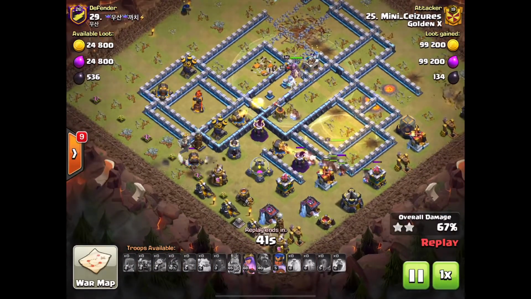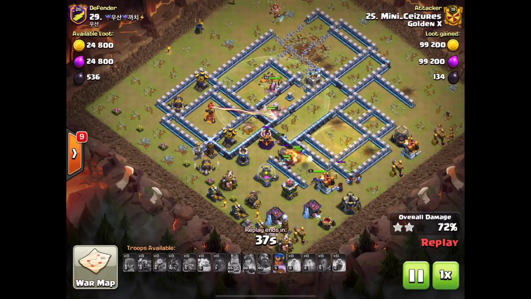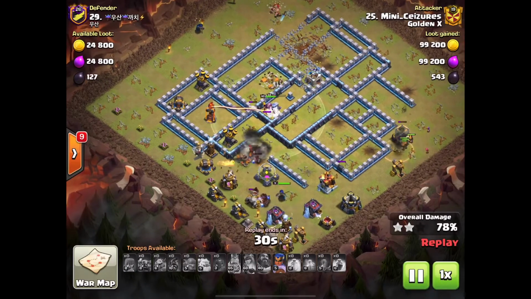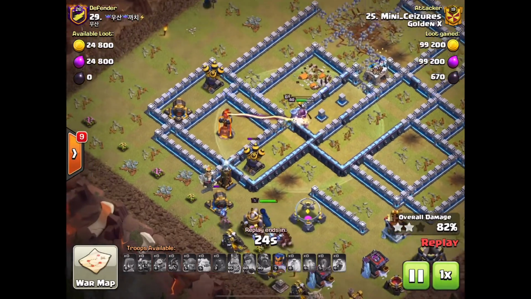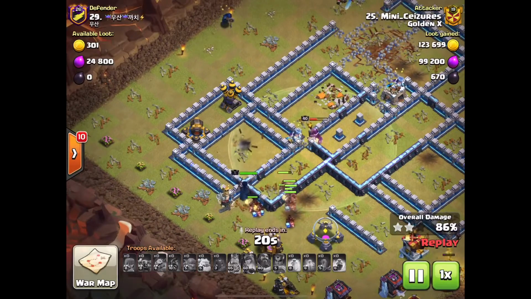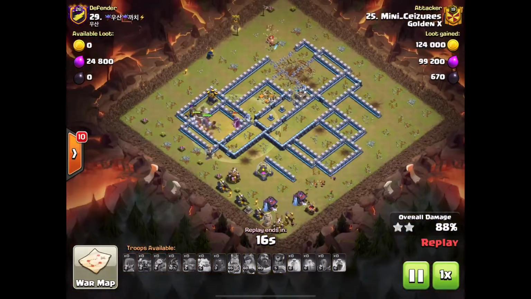And once he gets through that section of the base, he does have a backside Inferno Tower to worry about here. But this Warden is actually going to, well, it's still going to be stuck on the Queen, but I think it's going to join up with these Hog Riders once they come back over here. Let's go ahead and see. The Warden's actually picking off the Inferno. He used the Royal Champion's ability. It was only level 5, but it was able to damage the Inferno just enough so the Warden was able